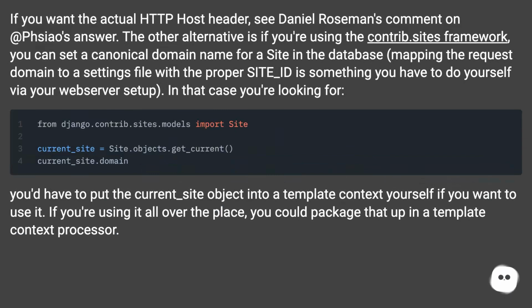The other alternative is if you're using the contrib sites framework, you can set a canonical domain name for a site in the database. Mapping the request domain to a settings file with the proper SITE_ID is something you have to do yourself via your web server setup. In that case, you're looking for: